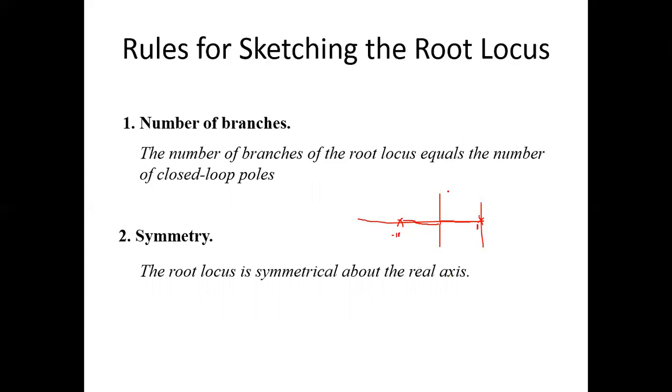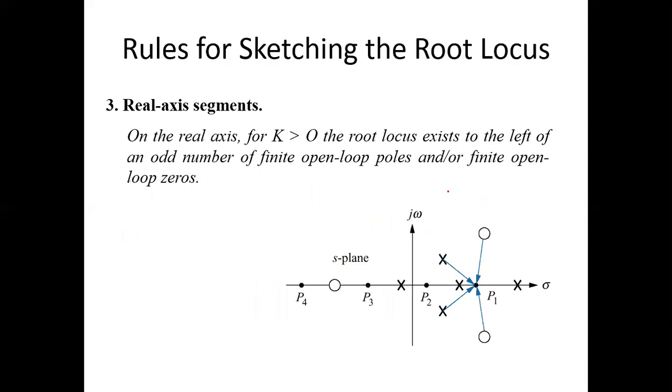So symmetry is a mandatory property for root locus. The root locus lies to the left of an odd number of finite open loop poles and/or finite open loop zeros. So we can see that here the root locus lies to the left of 3 finite poles and zeros. This is